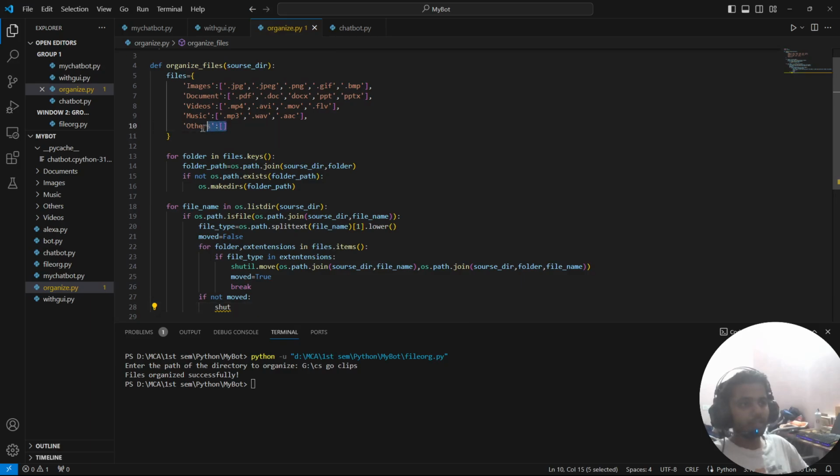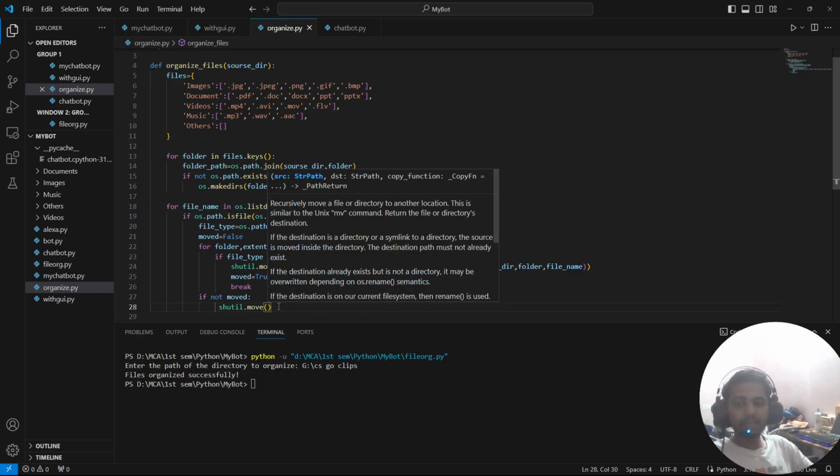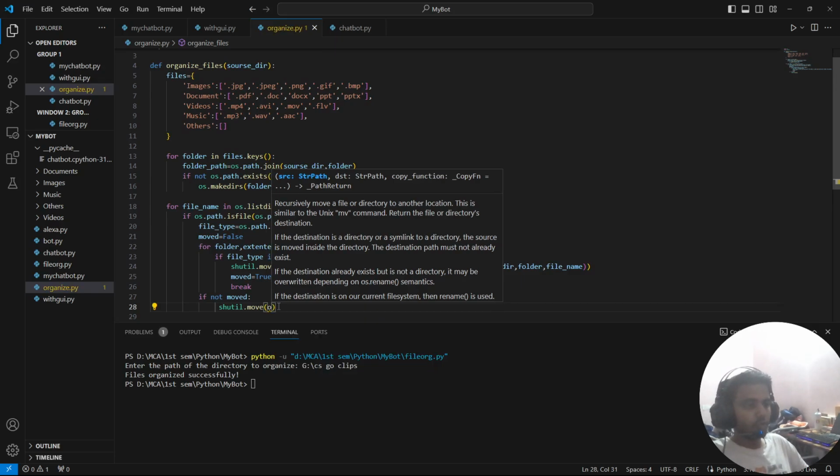So we have this empty list, correct? So let's say we don't get any extensions which are from this lists, so we'll put it inside the others folder, correct? So we'll again use the same move method of shutil. Inside this, what do we want to do? We want to perform the same again,